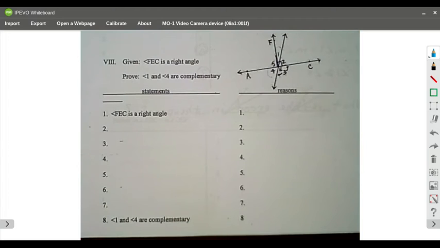That's what complementary means. So let me just close this door because my dogs are crying. Okay. So